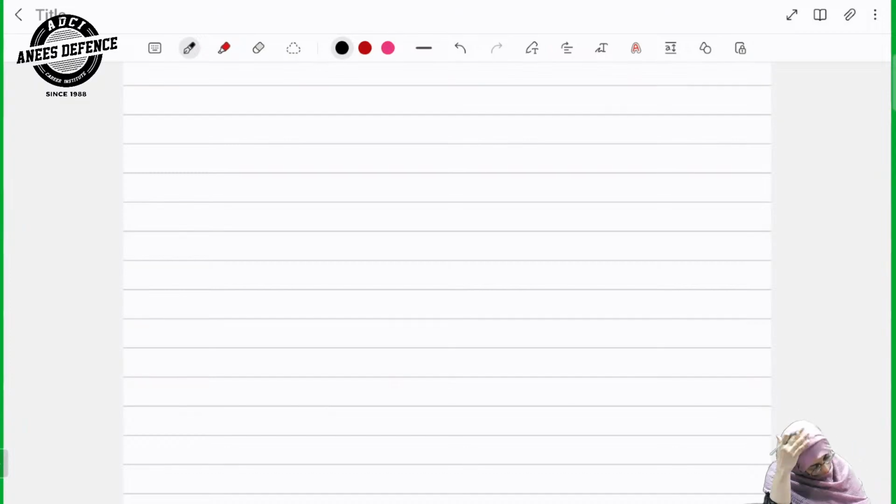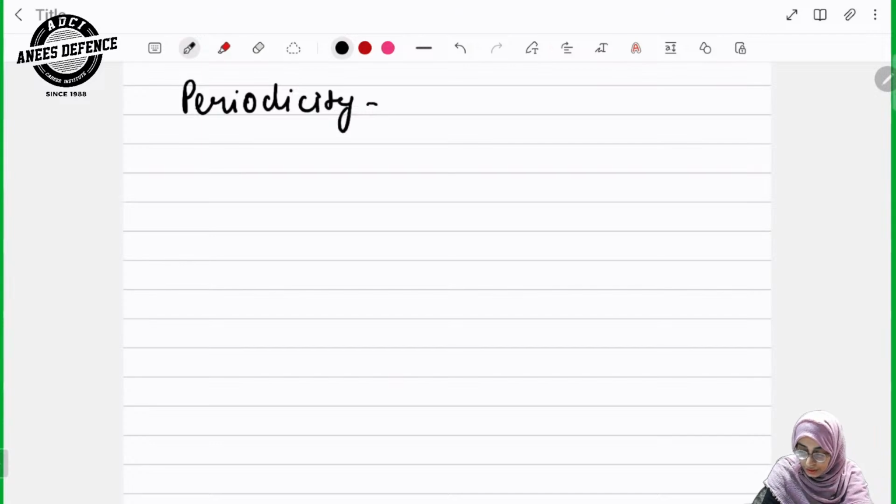Now what we see here in the periodic table is that it's named periodic. So there is a term, periodicity. What is periodicity? It is the repetition, you can say, of properties, a gradual increase or gradual decrease in properties after a fixed interval. Okay. For example,